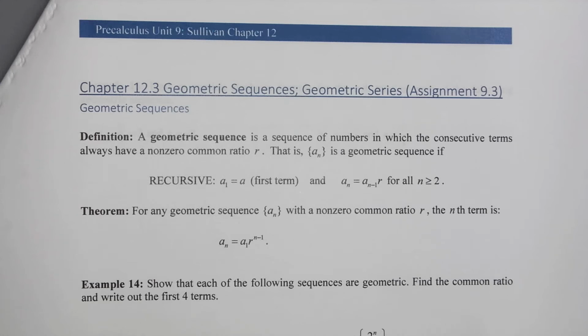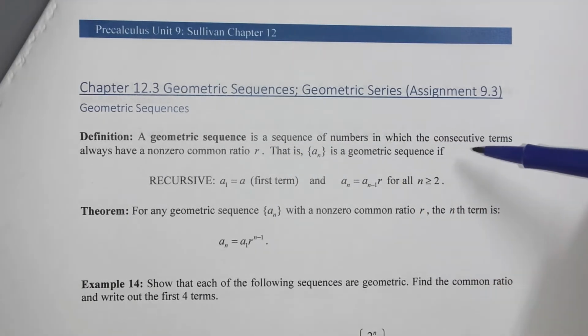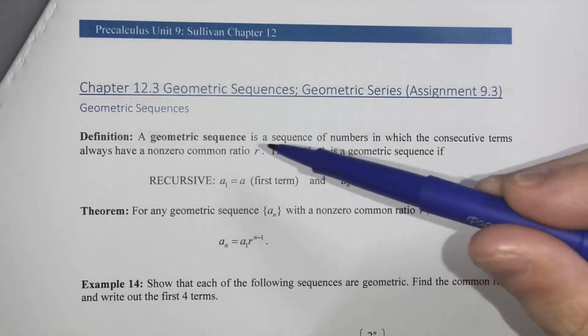Okay, last time we talked about arithmetic sequences and series, where we were adding or subtracting the same amount each time. We called it a common difference. So now we're moving into geometric sequences, where a geometric sequence is defined if consecutive terms have a non-zero common